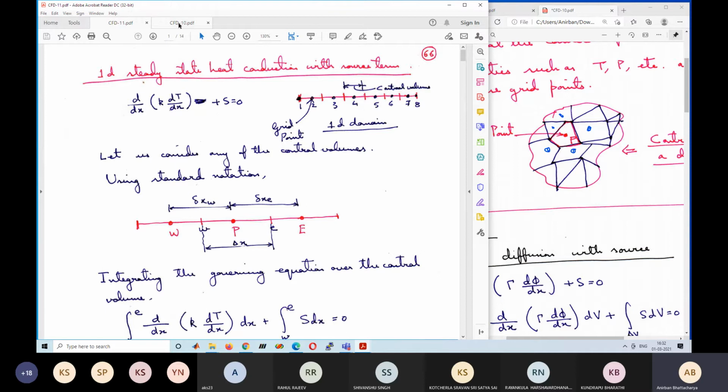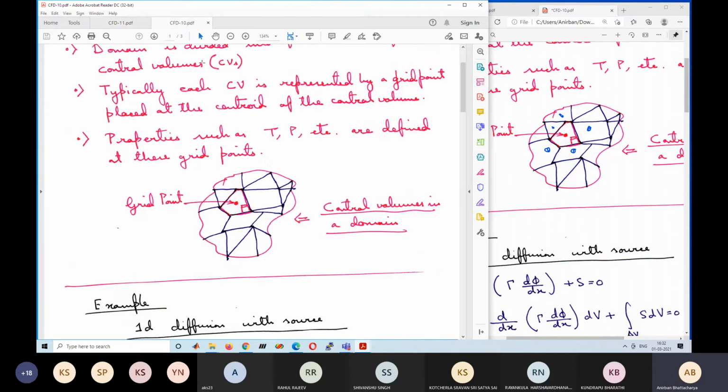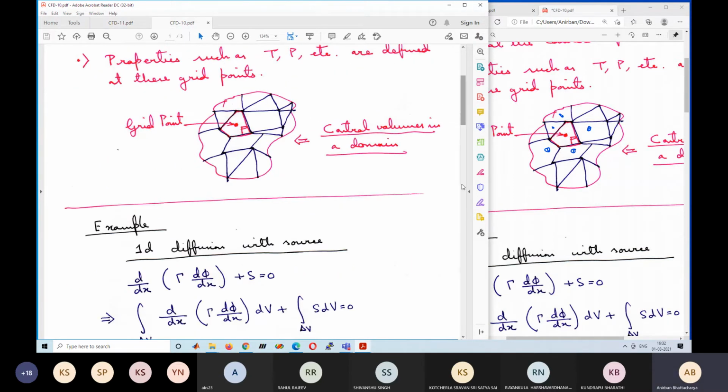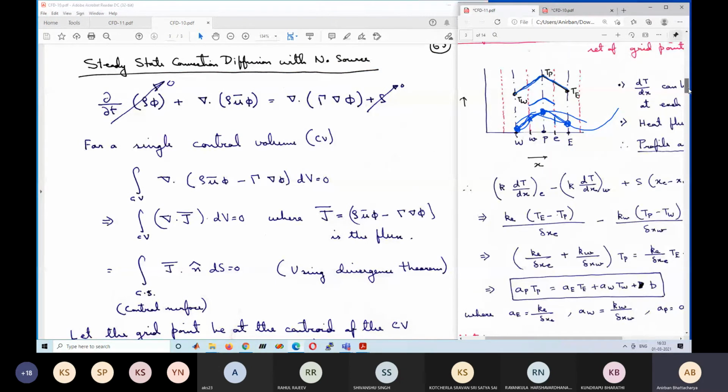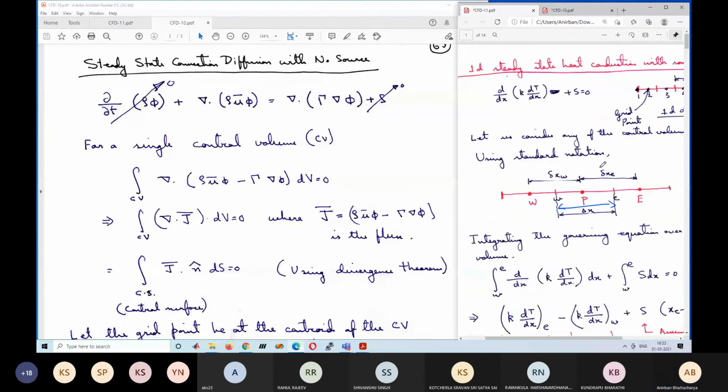Okay, so after this, now we can revisit what we have discussed today in the beginning, that integral over the entire control volume. In our case, the entire control volume was from small w to small e. So integral over the entire control volume for the equation. Our equation was del dot gamma del phi plus s. So we had only those two terms. We did not have the convective term, and we converted it to integral over this surface.